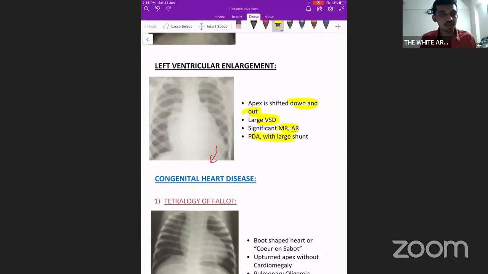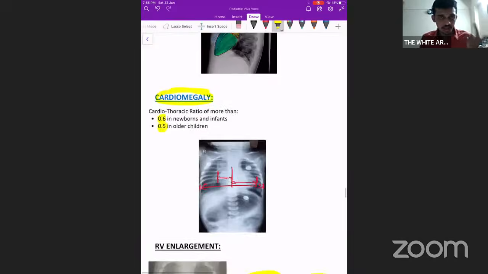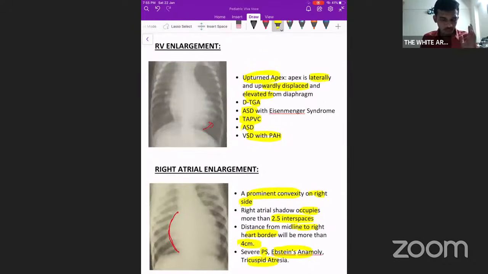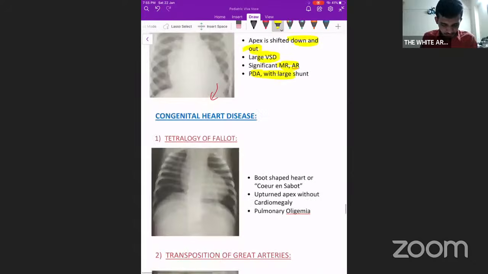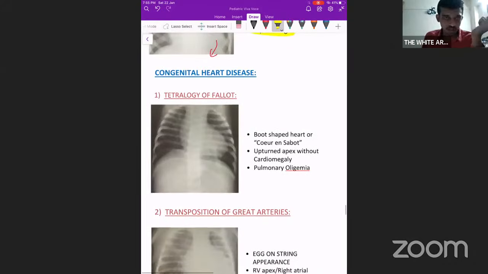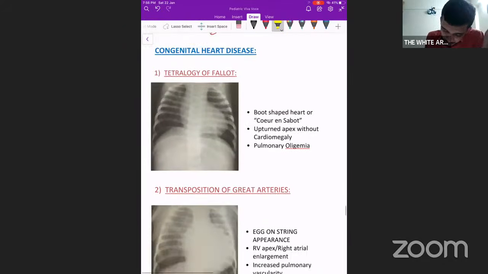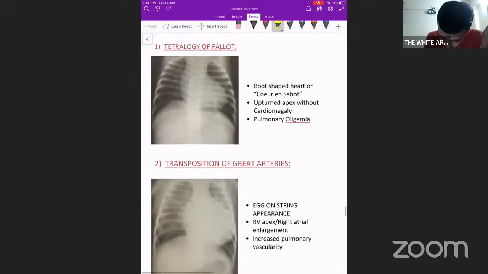These are the few conditions causing left ventricular enlargement. Okay. So we saw cardiomegaly, CT ratio, and each chamber enlargement. And next, coming to a few of the congenital heart disease and its characteristic appearance. This is Tetralogy of Fallot with the boot-shaped heart, or coeur en sabot, as it is called. This is mainly because of the cardiomegaly, which will lead to upturned apex without